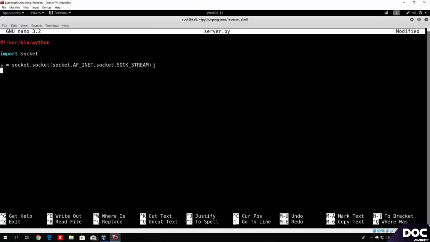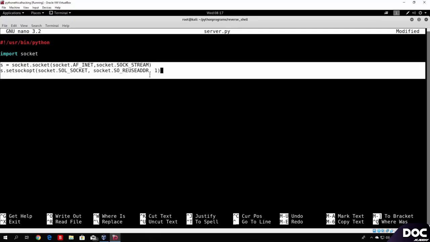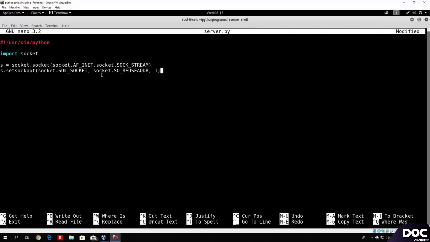So in the next line, we will set some of the options for our socket object. In order to do that, we will use a function called setsockopt, and in the actual brackets just specify socket.SOL_SOCKET, comma, socket.SO_REUSEADDR. After that, comma 1, and that is all we need to do for our socket object in the entire program. We set some of the options, we also created the socket, and right now we are going to